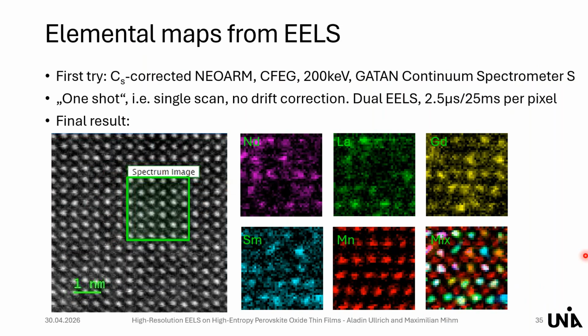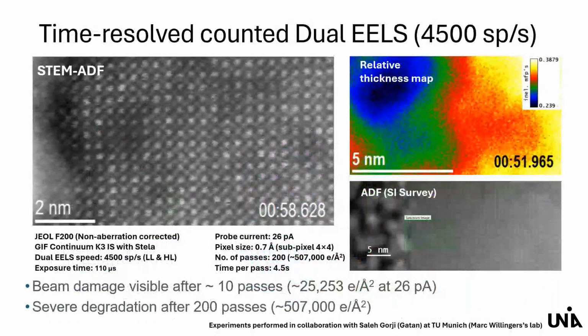So to shed more light on this sample destruction or the stability of the sample during these maps, we were luckily invited from Gatan to go to the lab of Professor Willinger in the Technical University of Munich with a DigiScan 3 system and latest direct electron counting systems to record dose-fractionated multiple frame acquisition technique to get some time-resolved mappings of this sample to see whether this is stable and to confirm our result. So this we can see here.